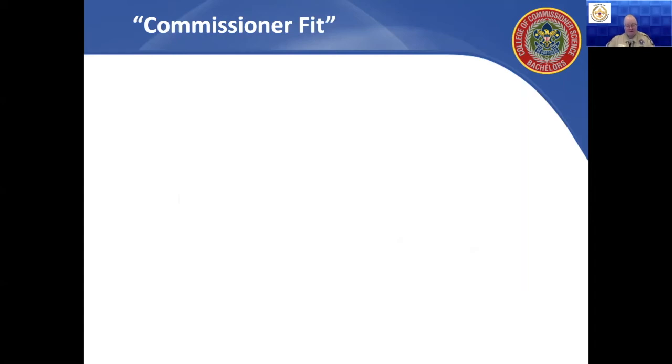As we as commissioners look for possible candidates, commissioner fit is an important consideration. When there's a good fit between the unit and the commissioner that we're considering, the better the fit, the more likely there will be a successful outcome. There are 5 things to consider when we look for commissioner fit with a unit. What we've talked about in the past is the candidate. Now we're looking at how they fit with the unit we're considering them for.